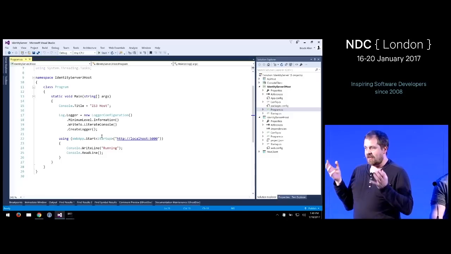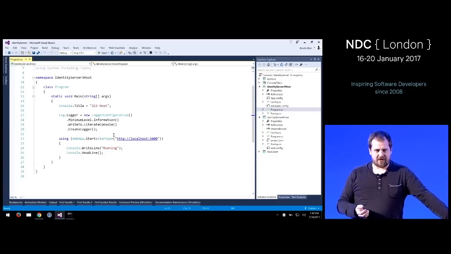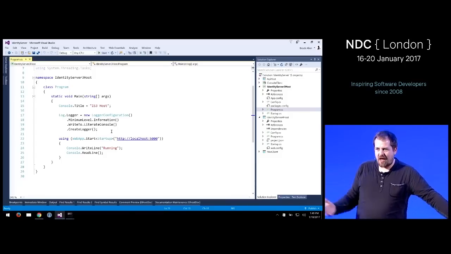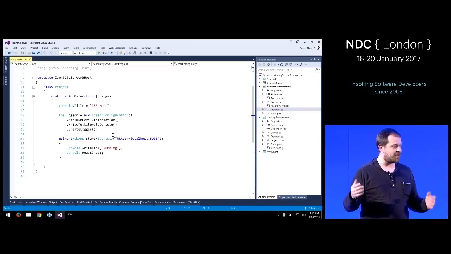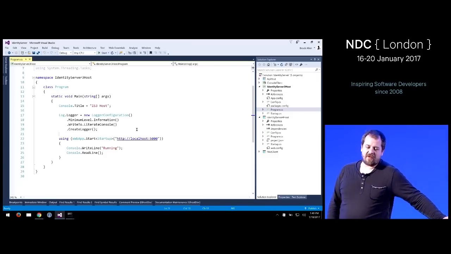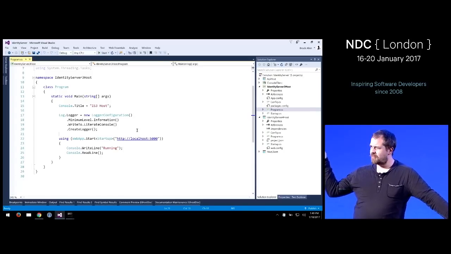Because in Katana or ASP.NET itself, there was no built-in logging infrastructure, right? I mean, you all know that if you're building applications, you come up with your own logging mechanism somehow. And there are frameworks for that and so on. And we use something called liblog. Has anyone ever used liblog? Yeah, a couple of people.